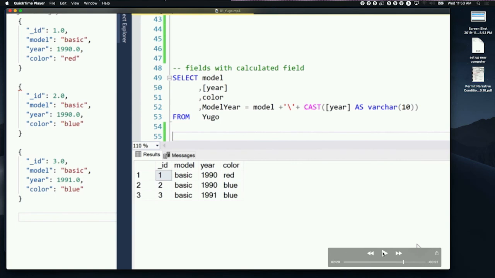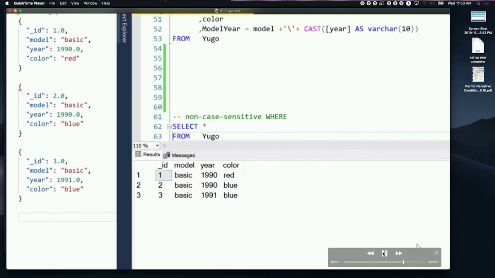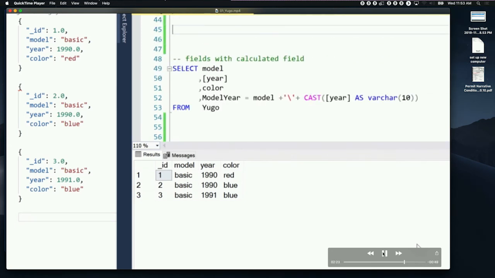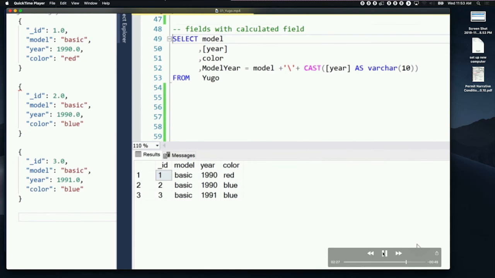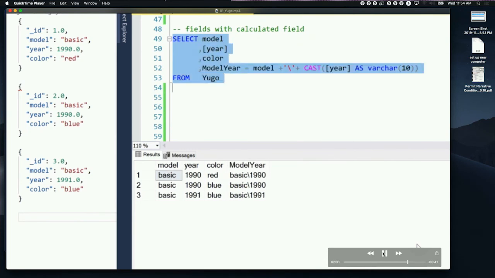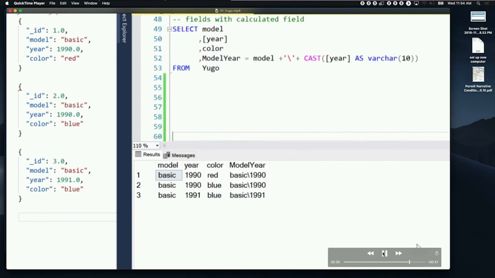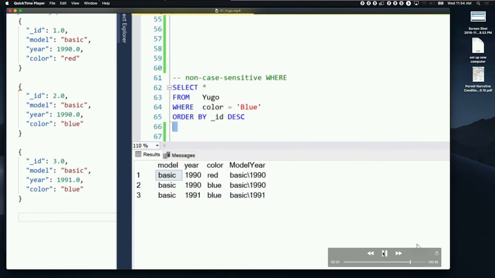I've got a silly example here where I'm adding the year and the model together, but it could be really anything. Once it's inside of SQL, it behaves just like any other SQL table. It could have been group bys, anything like that.